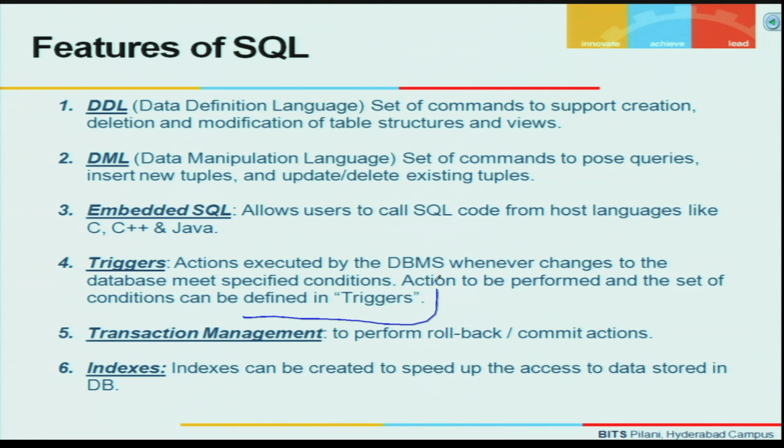Okay, that means if there is a change, for example, let us assume that there is an employee table with employee ID, name, and salary, and if there is a change to the salary of any employee, I would like to take certain action. Then I can specify the event that is going to trigger the action, and I can also specify the operations or action that need to be taken when that specified condition is met. Both of these things, that is, the condition that needs to be satisfied and the actions that need to be performed, can be defined or written as part of a trigger,